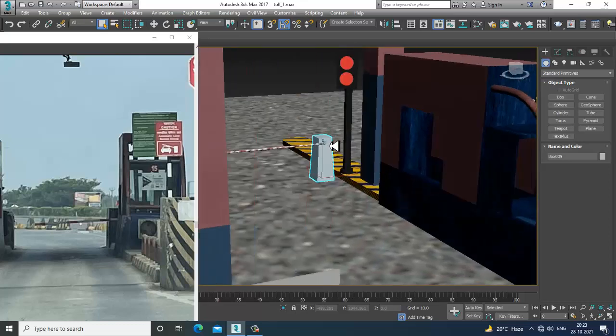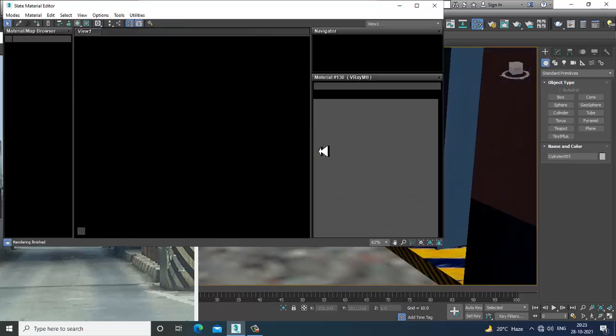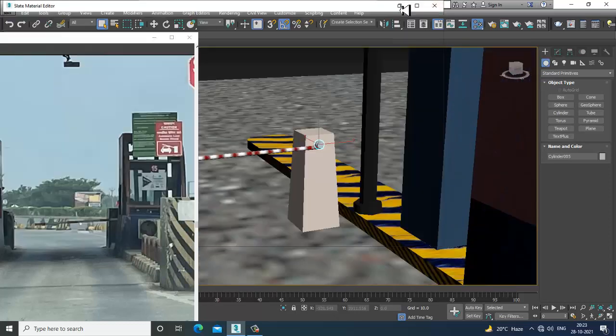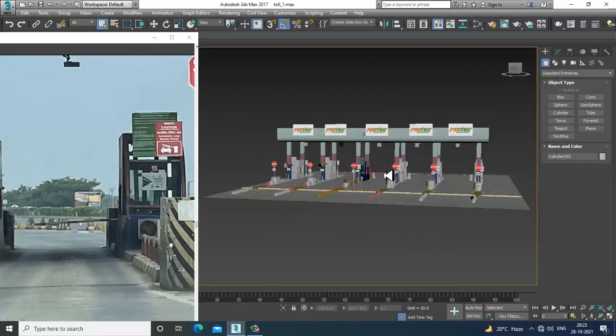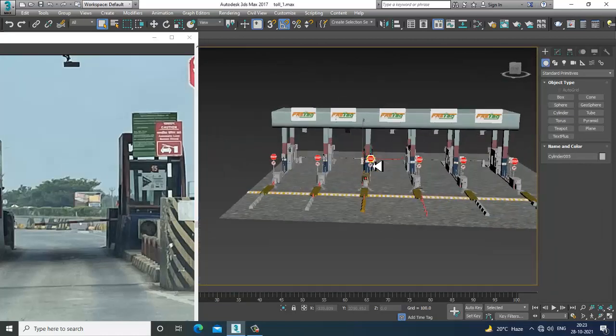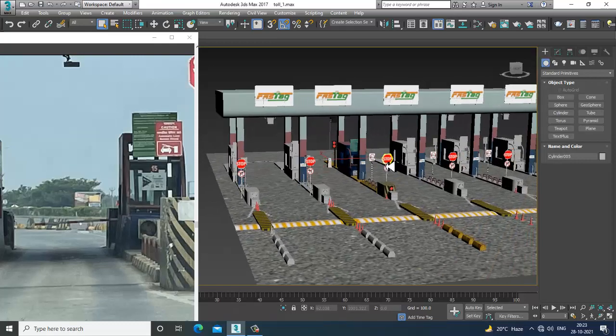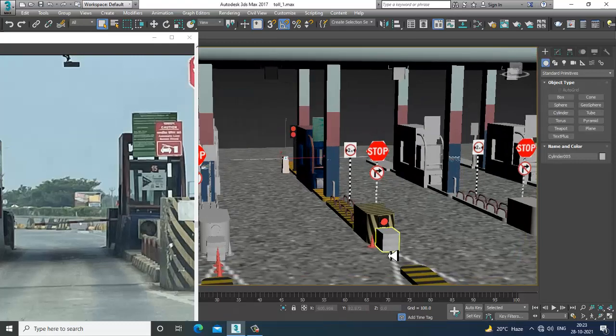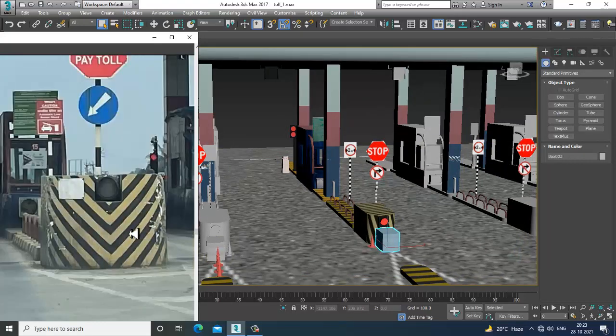Go into material, same color over here. Now, as you can see, we have textured this whole thing. For this you can also assign a bit of concrete. You can assign a concrete texture.